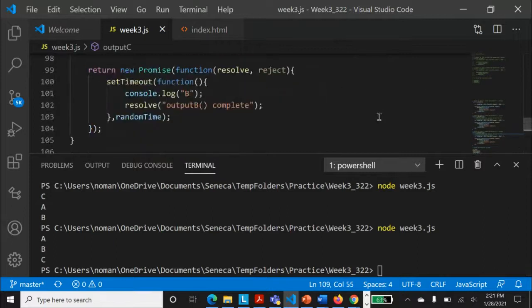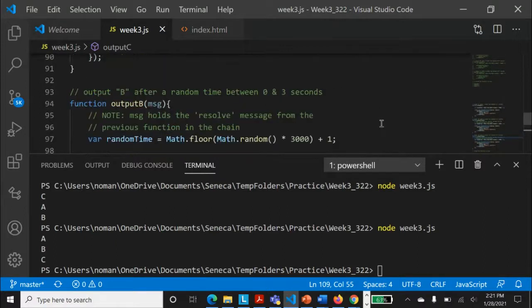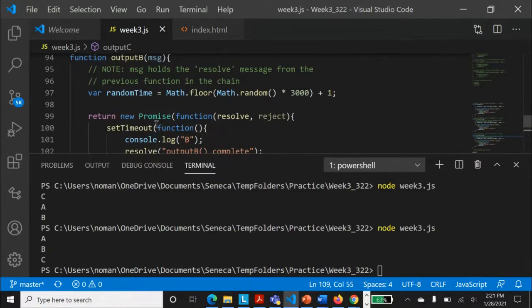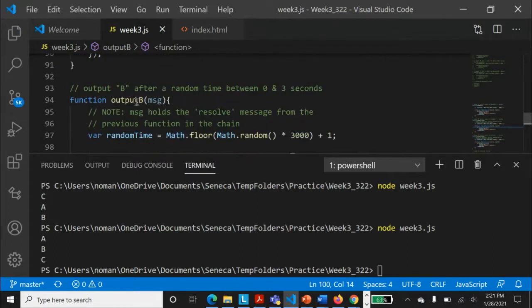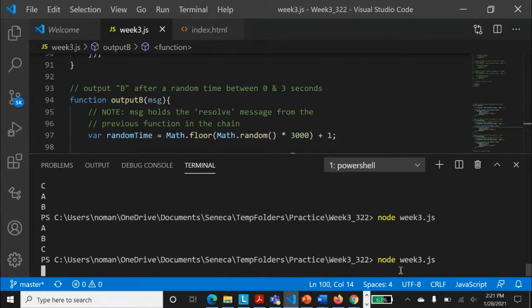Now, I'm not using resolve, but let's do something interesting. In that output B function, I'm just making the timeout function wrong. So let's run this again. We are not doing the resolve thing, but just looking at how things happen.